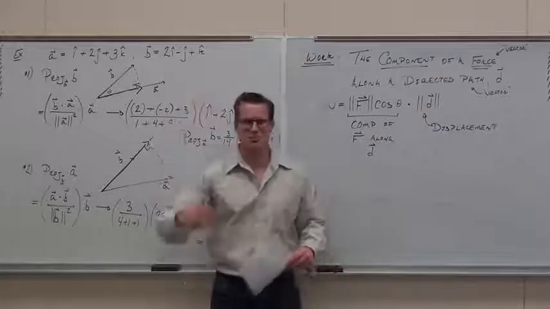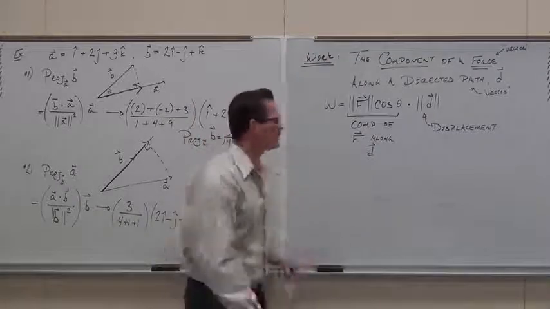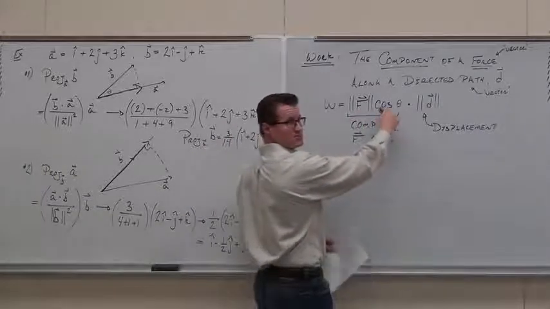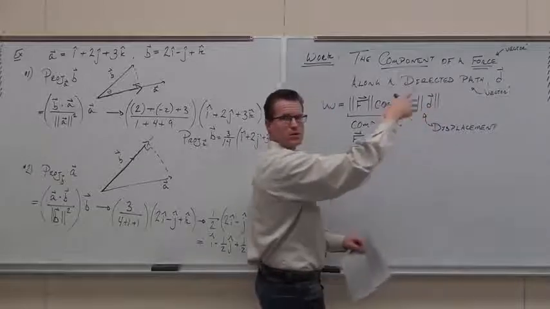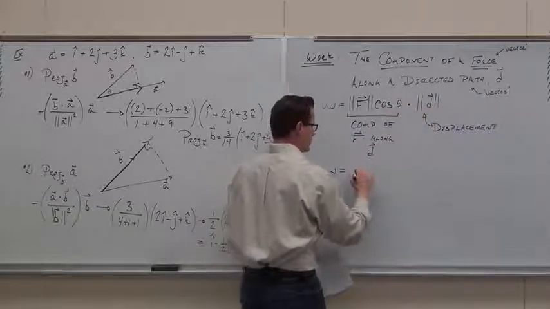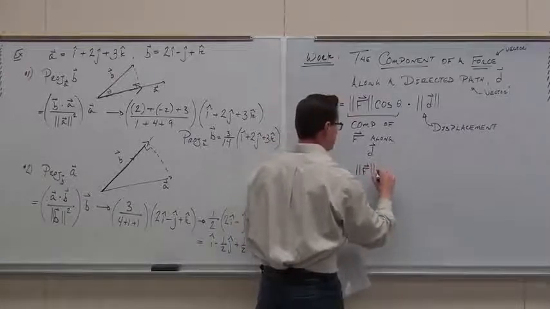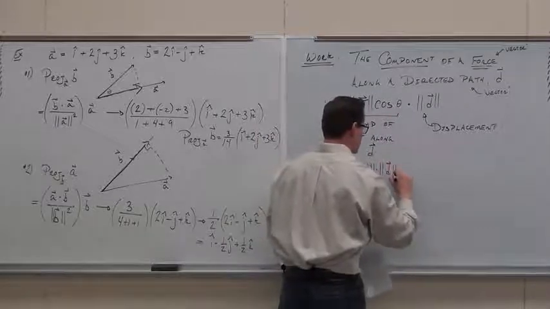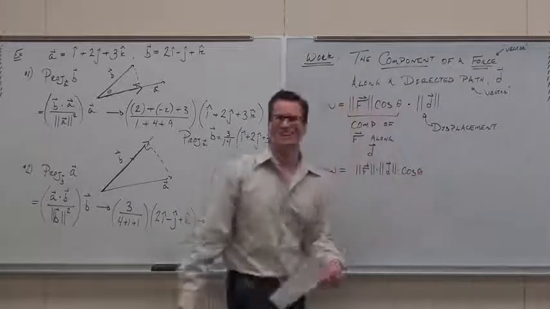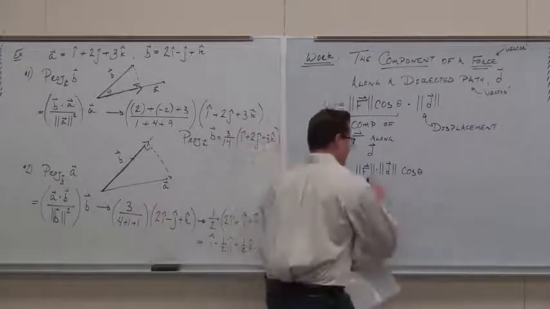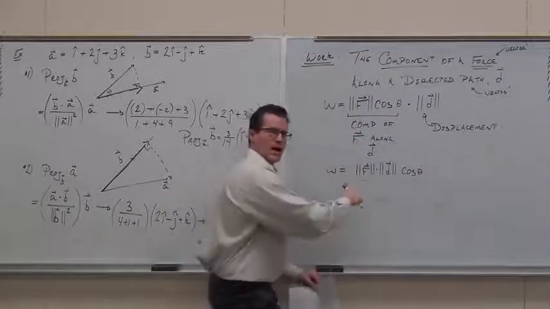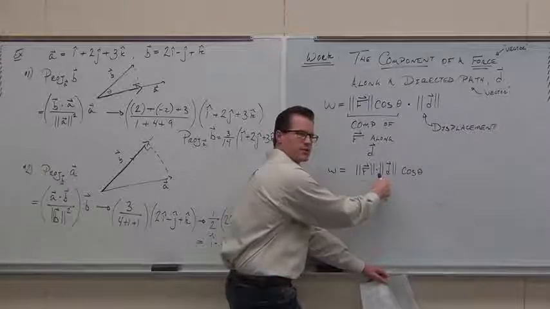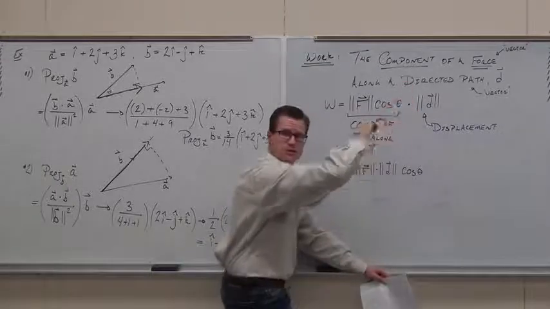Can I just blow your mind with some other stuff here? Can we check this out? Scalar? Yeah. Which means it's all commutative, which means that work can be reassociated. Oh, but wait. When I have a magnitude of a vector times a magnitude of another vector and the angle between those two vectors,